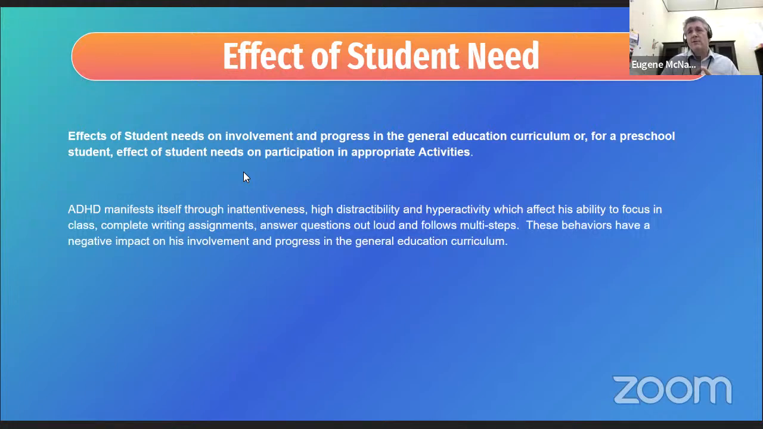They are looking for us to state how the child's disability impacts their involvement and progress in the gen ed curriculum. So I just used this statement for a student. This is a typical student, let's say someone who is OHI with ADHD, whose disability manifests itself through inattentiveness, high distractibility, and hyperactivity. It's very typical for a student that has ADHD to have those